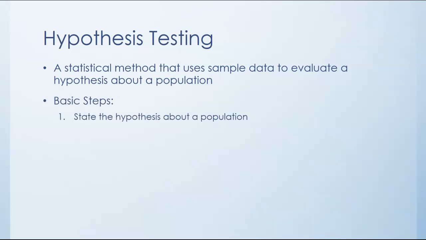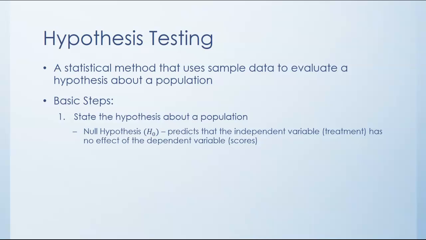So we're going to talk about the basic steps we go through as we're hypothesizing. The first thing we do is state the hypothesis about the population. We're actually going to state two hypotheses. The first one we call the null hypothesis, which is H sub 0. This predicts that the independent variable, the treatment, has absolutely no effect on the dependent variable, or the score for the sample. Basically, your null hypothesis is that your population and your sample are identical, both after their treatment. The treatment had no effect,